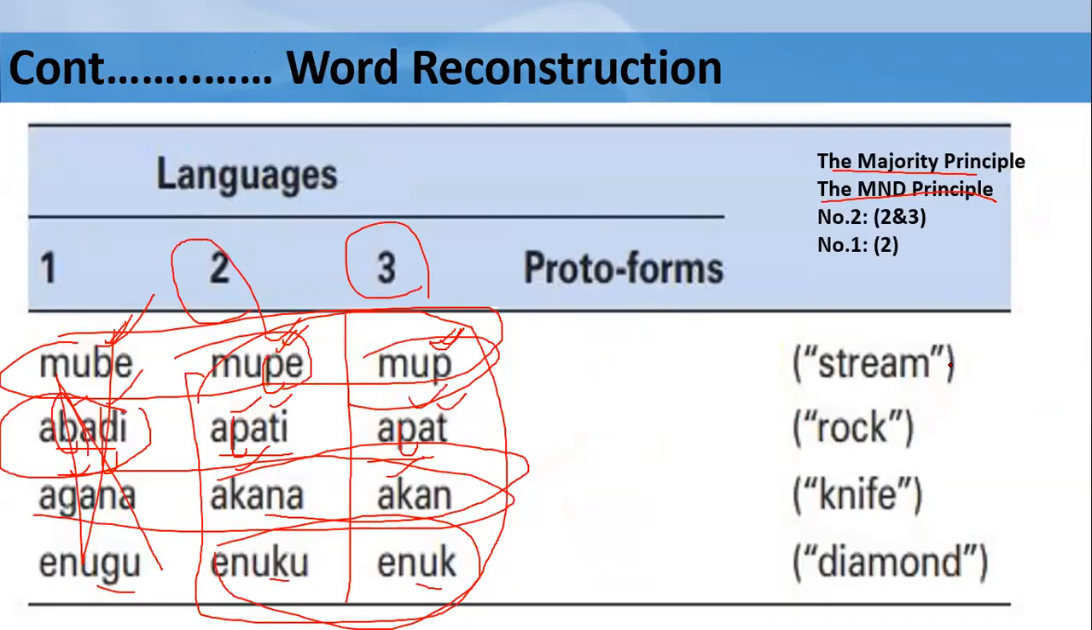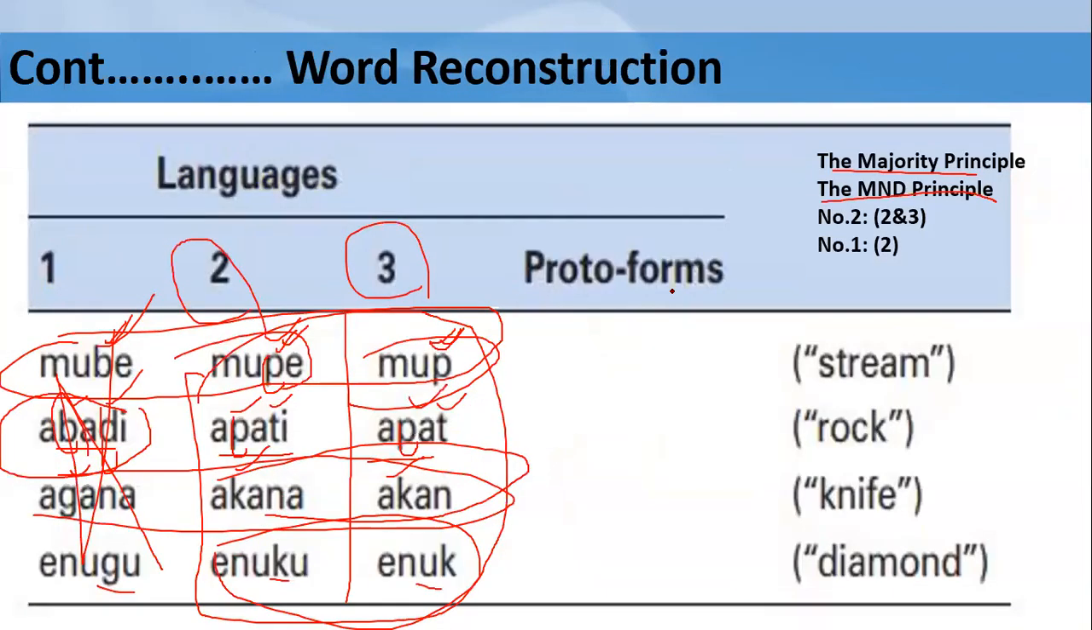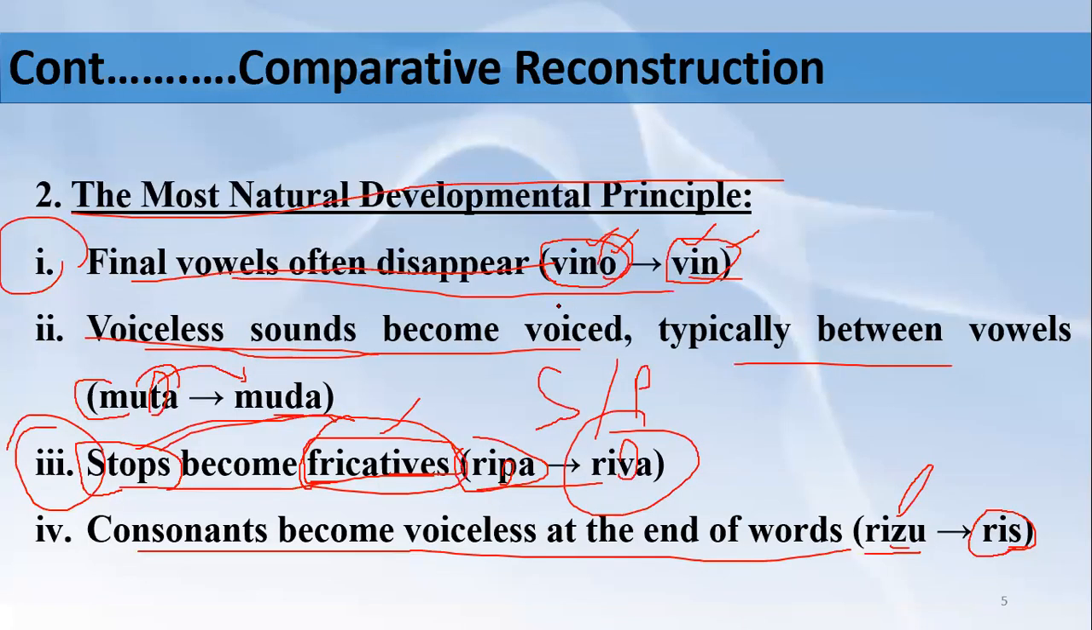Okay, fine. Or better if we could apply that one, the first principle. Okay, look at principle number one. This one, fine, vowels often disappear. Okay, because here if we apply rule number two, so rule number two says that voiceless